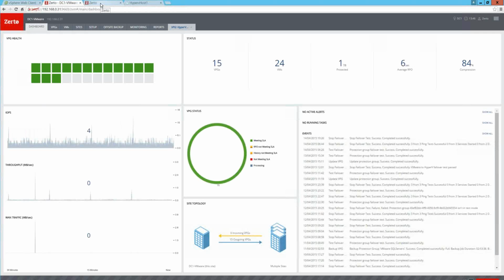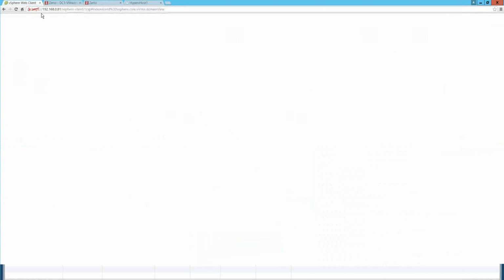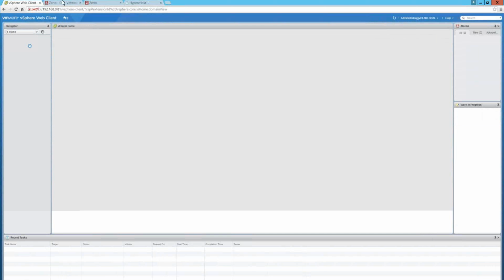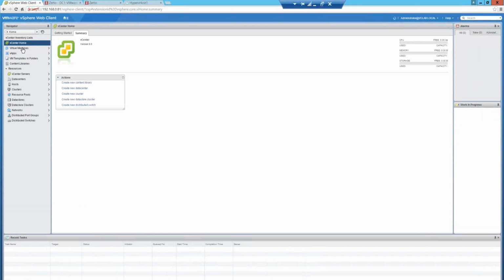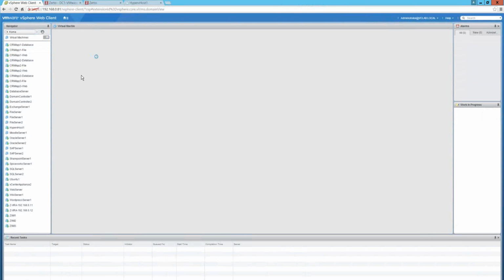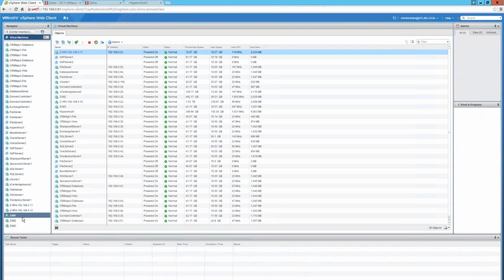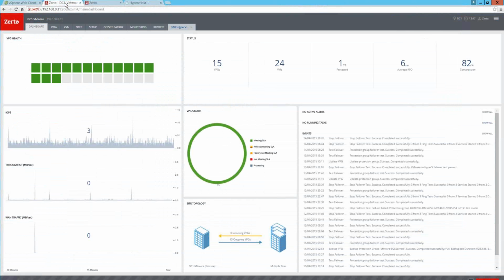So for those of you interested, this is actually Zerto 4.0 release candidate 1, and I actually have this plugged into my VMware vSphere 6 data center, which I can show you behind here. Just bear with me 1 second. Come to the virtual machine view. So you can see on the left-hand side, I have my virtual replication appliances, some Zerto managers, and a huge group of virtual machines that I'm replicating and protecting. If we come across to my Zerto manager interface here,